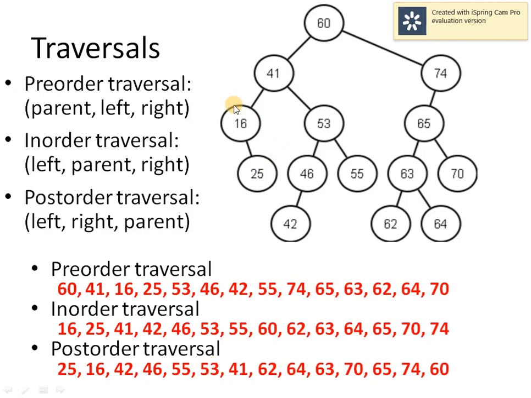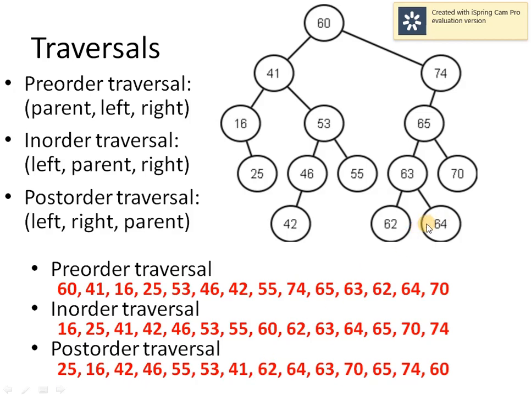Now we have visited left of 41 as well as right of 41. So now we can visit 41. So after 53 we have visited 41. Now we have visited left of 60. First we have to visit right of 60 now before visiting 60. So we have reached 74, its left is there. So 65, move to left, 63, we have reached 62. So after 41 we have visited 62.